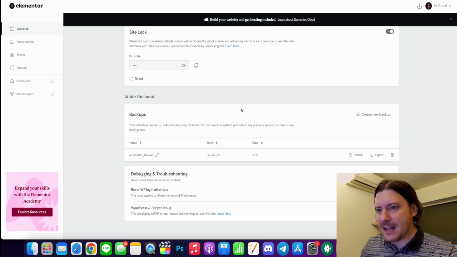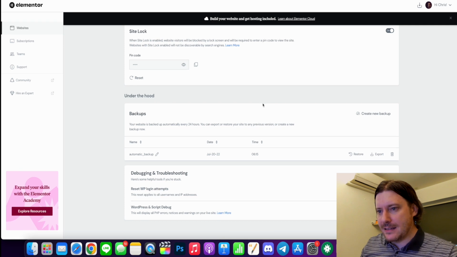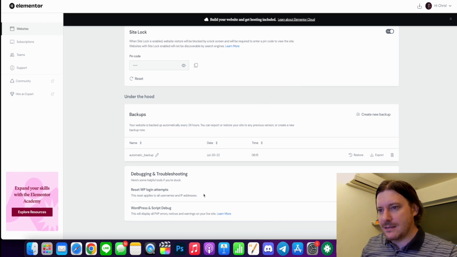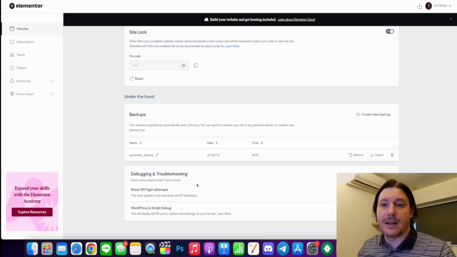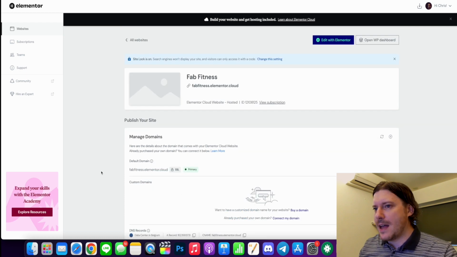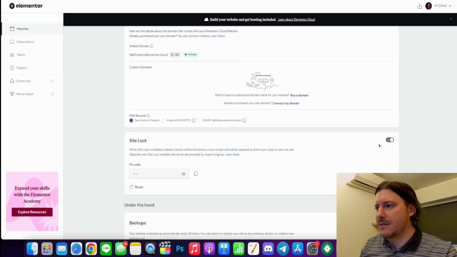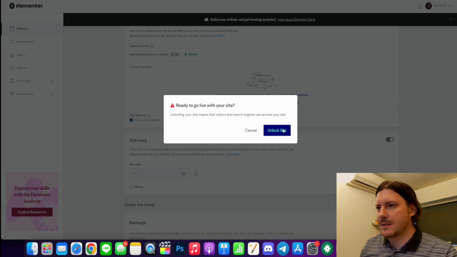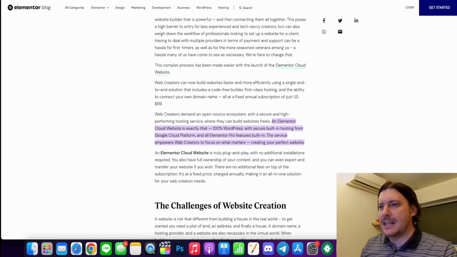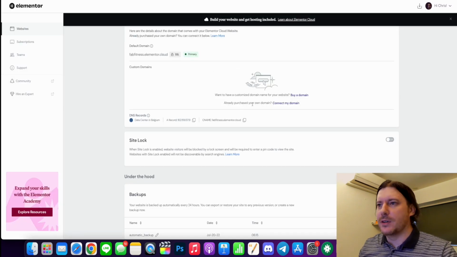We also have backups here and helpful tools for debugging and troubleshooting as well. So I'm going to turn site lock off. I'm ready to go live. And you can really do anything in this dashboard. So once you've set up your site and you want it to go live, turn off the site lock, and then